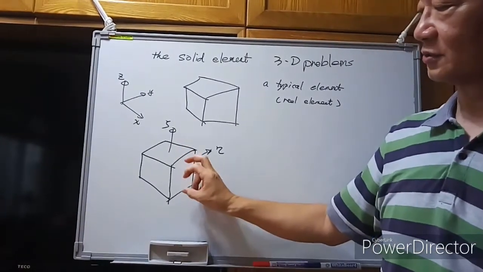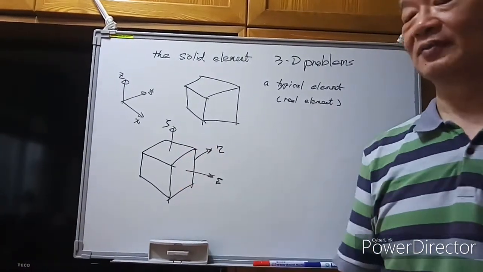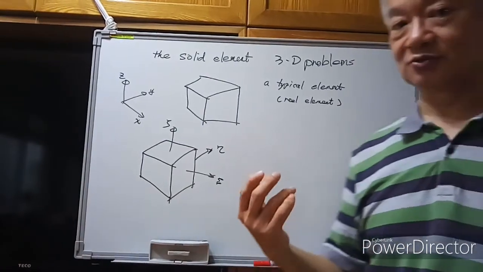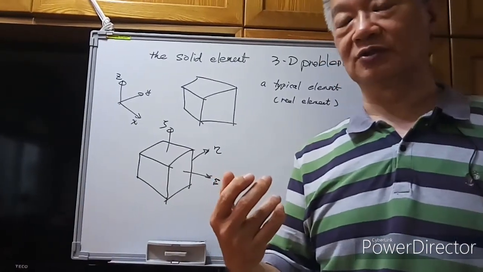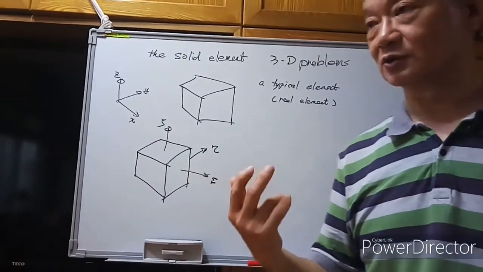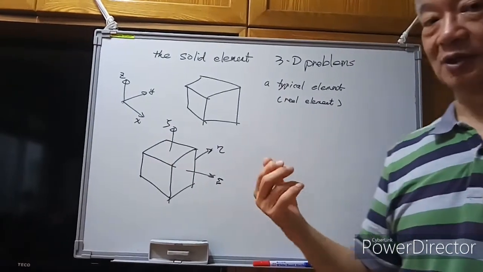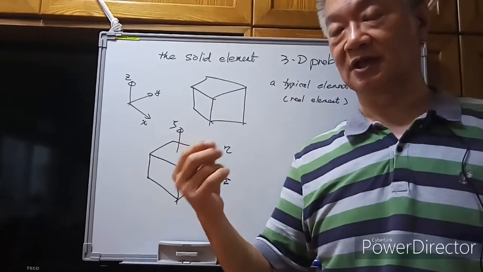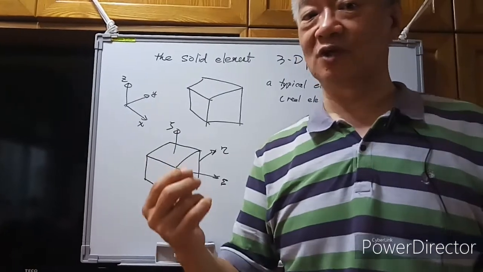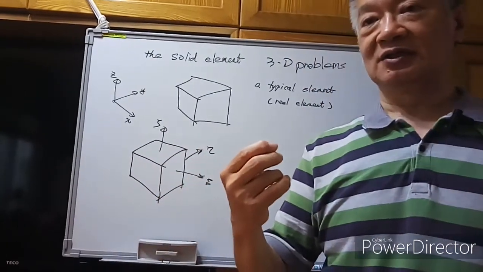The zeta is also -1 to +1. The reason why we like to use the domain for all three coordinates ranging from -1 to +1